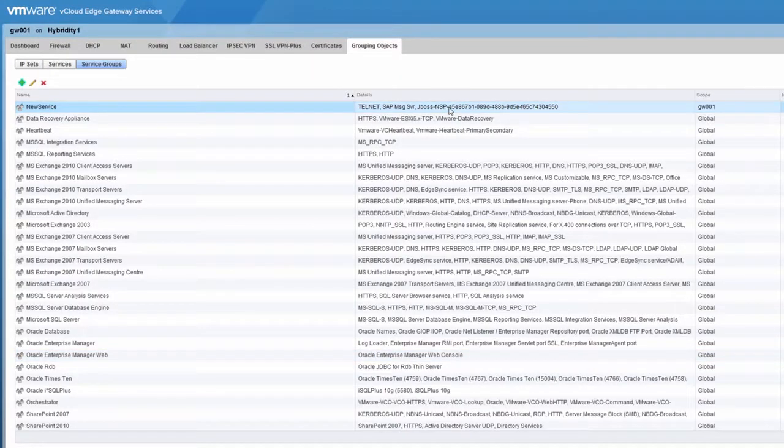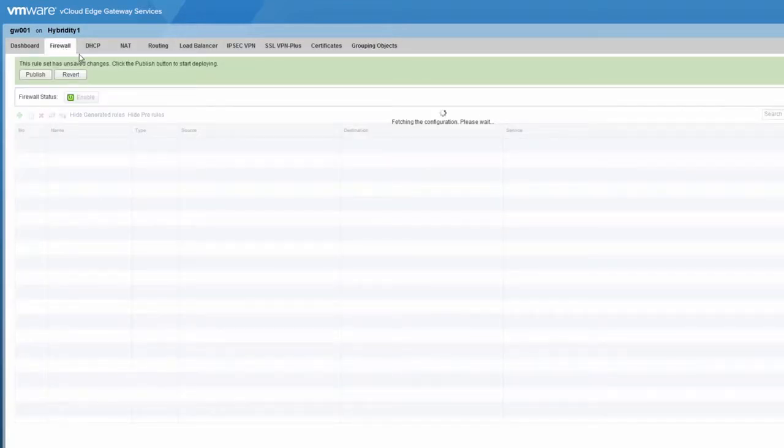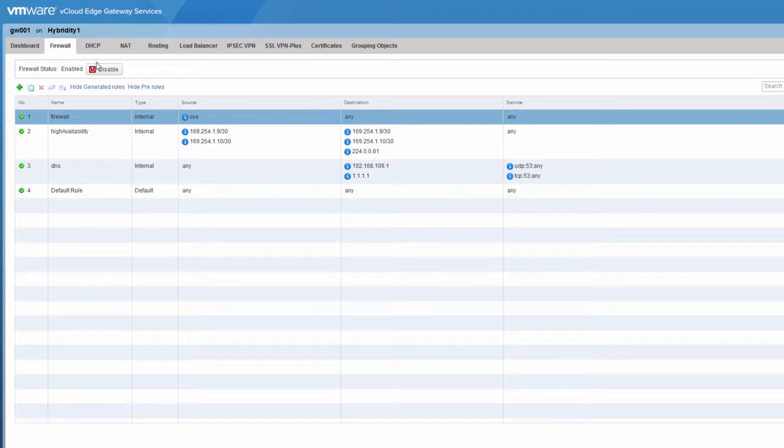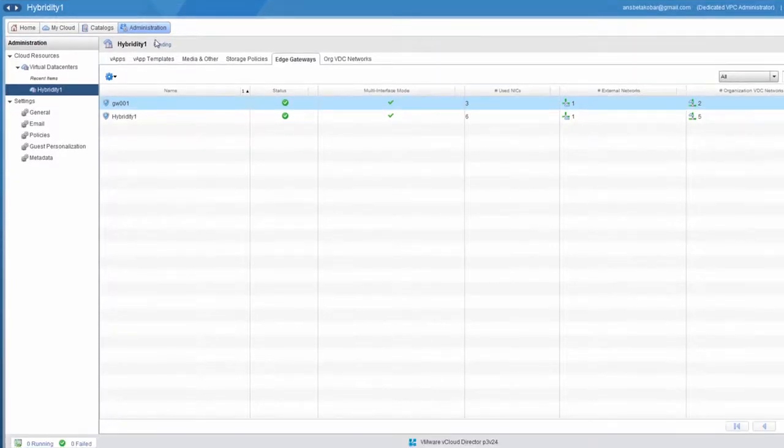Let's go ahead and take a look at the Layer 2 firewall. Now the difference is between the firewall I'm showing here. This firewall at the edge gateway is the north and south firewall, or the firewall that protects your virtual machine traffic to and from the service. But if I go ahead and go back to the vCloud Director user interface and select the virtual data center